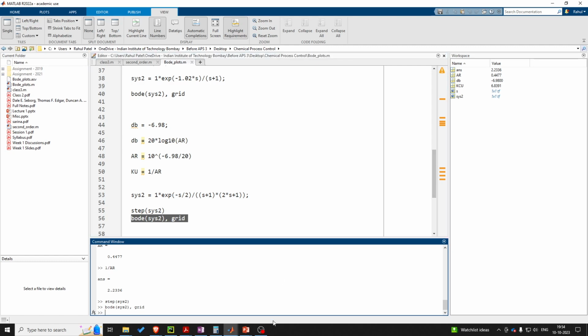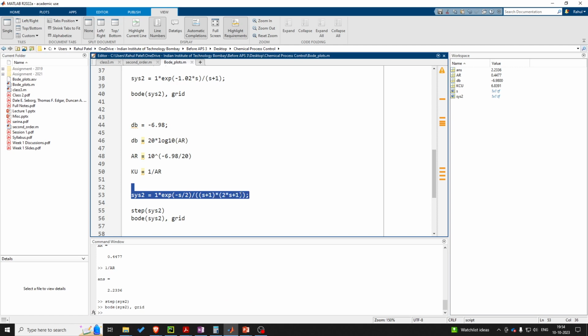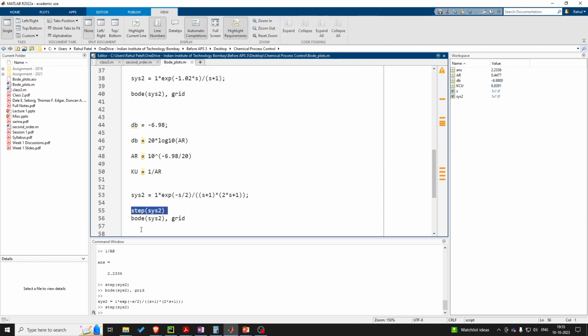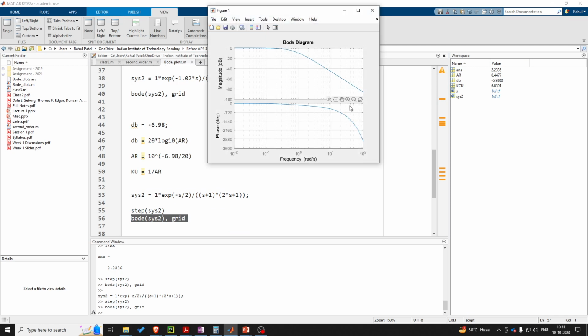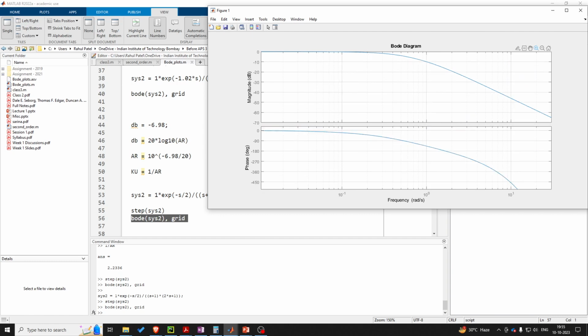wait a minute, let me replot the diagram. This was the step response, not the earlier one that I showed. That is of no use for analyzing the stability. We have to plot the Bode plot. So this is the Bode plot corresponding to that. I'll zoom it out to find the frequency at a phase of minus 180 degree. So it is around this point,